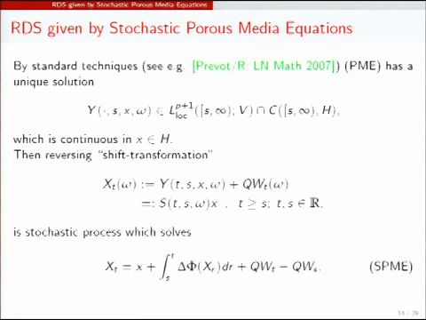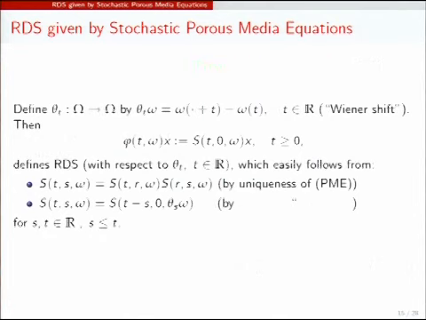And using this, we will now define our random dynamical system. This is nothing but the solution starting at x for given omega at s at time t. So that gives me now these maps. Okay, and then this solves this equation. It's just transformed back. And now I start at s, so this term comes in. Now we define our theta_t. This is just a Wiener shift. And then this is our random dynamical system. You start at time equal to 0 at x, and you let the time run up to t. And that is exactly then phi_t(omega, x). So it's continuous in x. Everything is defined for every t and omega.